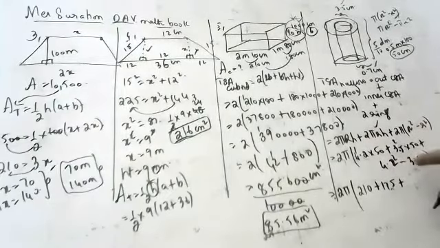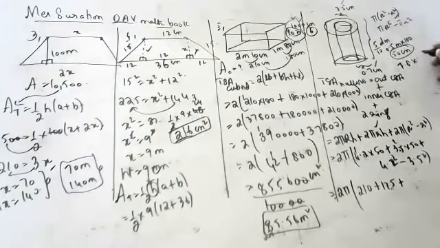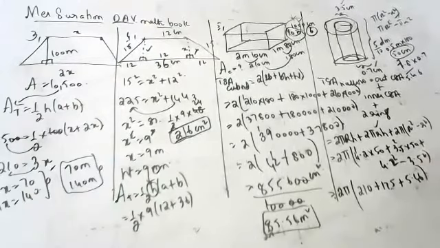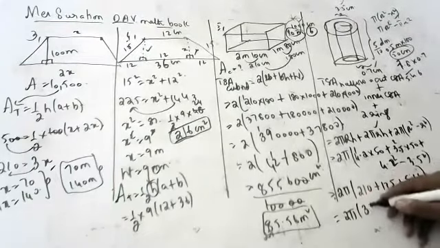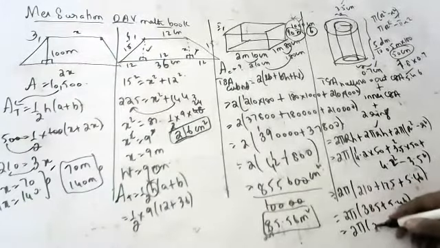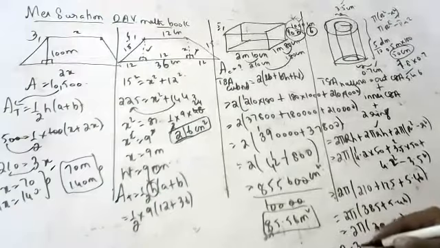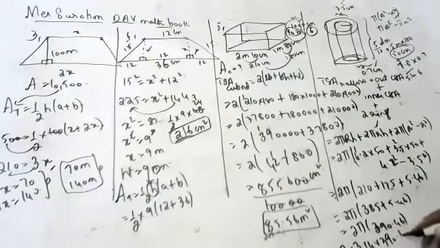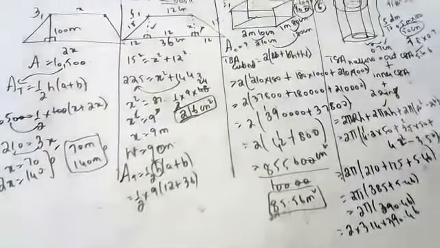Children, a square minus b square is a plus b into a minus b. A plus b is 7.8, a minus b is 0.7, children. 7 8s are 56, 7 7s are 49, 54, 5.46. Can anyone help me in calculation, children? 2 pi into 210 plus 175 is 385 plus 5.46, that is 390.46. 2 into 3.14 into 390.46. Can anyone help me with the multiplication of this, sir?